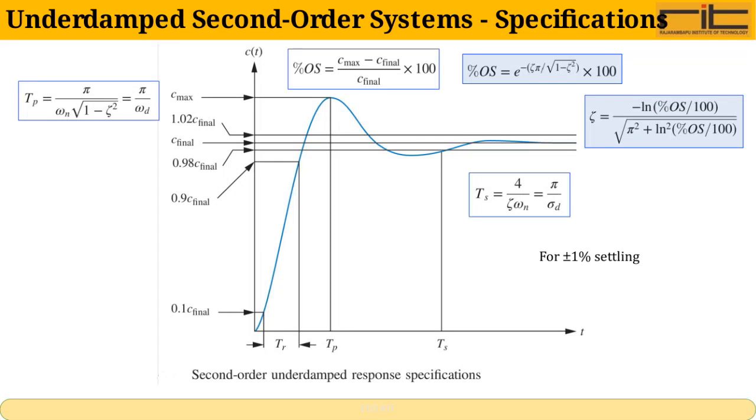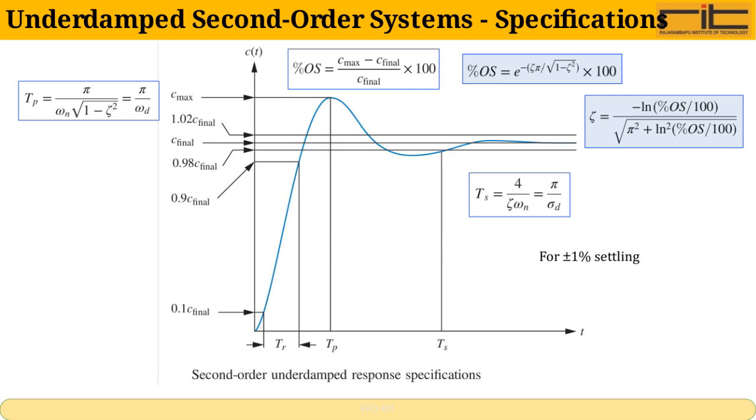Let's take a closer look at the specifications for underdamped second-order systems, focusing on the criteria for a plus or minus 1% settling time. This means we're interested in how long it takes for the system's response to settle within 1% of its final value after a disturbance or input change. Settling time is a key performance metric because it tells us how quickly the system stabilizes without excessive oscillation or delay. Understanding these specifications helps us design systems that balance responsiveness with stability, ensuring that the system behaves predictably and